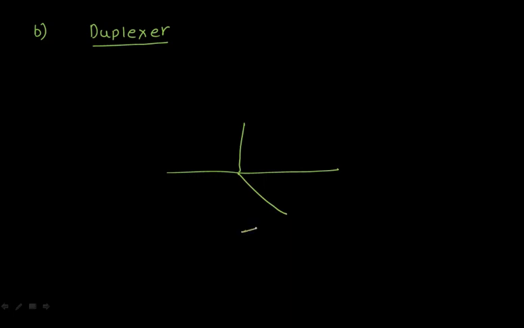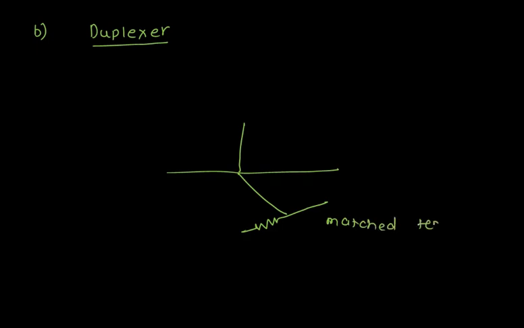So your duplexer, if I'm talking in a very easy way, is where the same antenna is used for the transmission purpose as well as the receiving purpose. So if I have this Magic T, I have this fourth port, I have this sum port, something like that. I have terminated my third port with the matched termination.